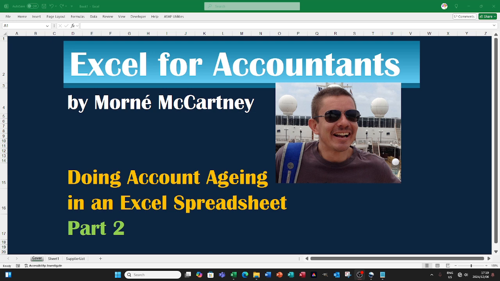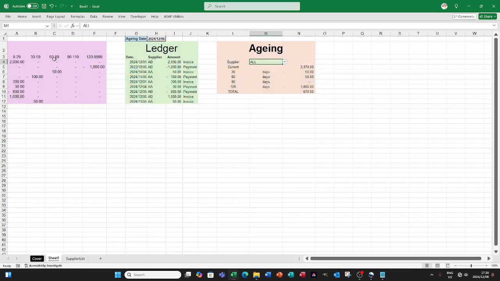So this is part 2 of doing account aging in an Excel spreadsheet, where I'm going to focus on my preferred method. As you saw from our previous workings, you have all these columns in the pink section which you basically have to keep on the same sheet as where your ledger is. So instead of having so many columns, although the formula is now a lot easier than my first version, which was totally done in Excel with no VBA whatsoever, it is still a lot of columns to have to carry